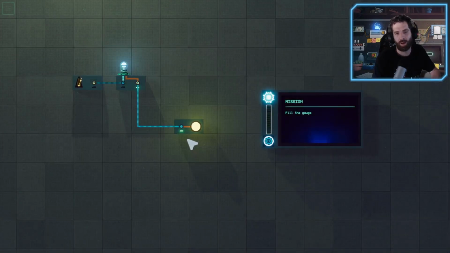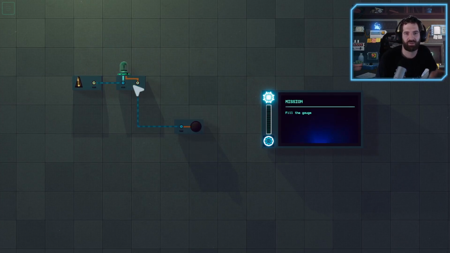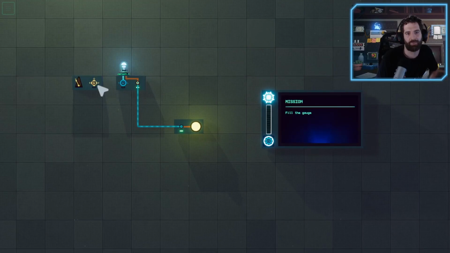One special thing about the game: it's not like many games about simulating things, because you don't have a build phase and a simulate phase. Everything is in real time. You see this metronome that can turn on or off this block. So I have to remove the wire at the right timing to unlock this puzzle.